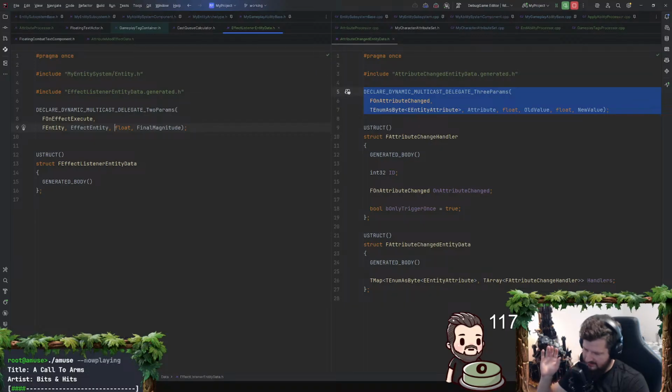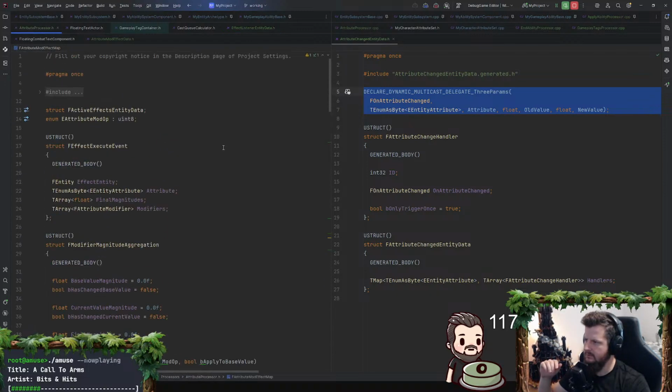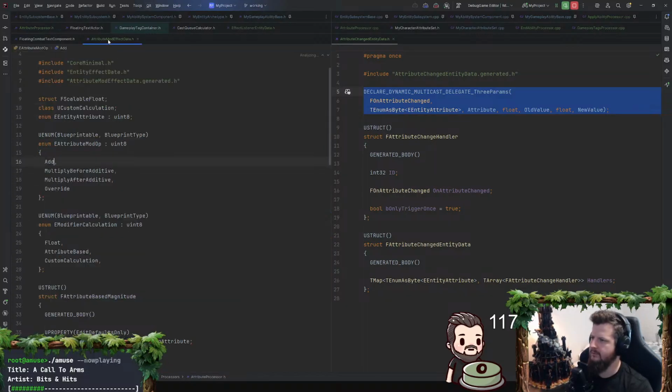So I definitely shouldn't do multiple events. Never mind, we're not going to do multiple events per single effect. We want one event per effect execution. That should maybe just get an array of some struct, which is probably that event data I spec'd out. Effect execute event. So take that off there. We're going to put that in here.